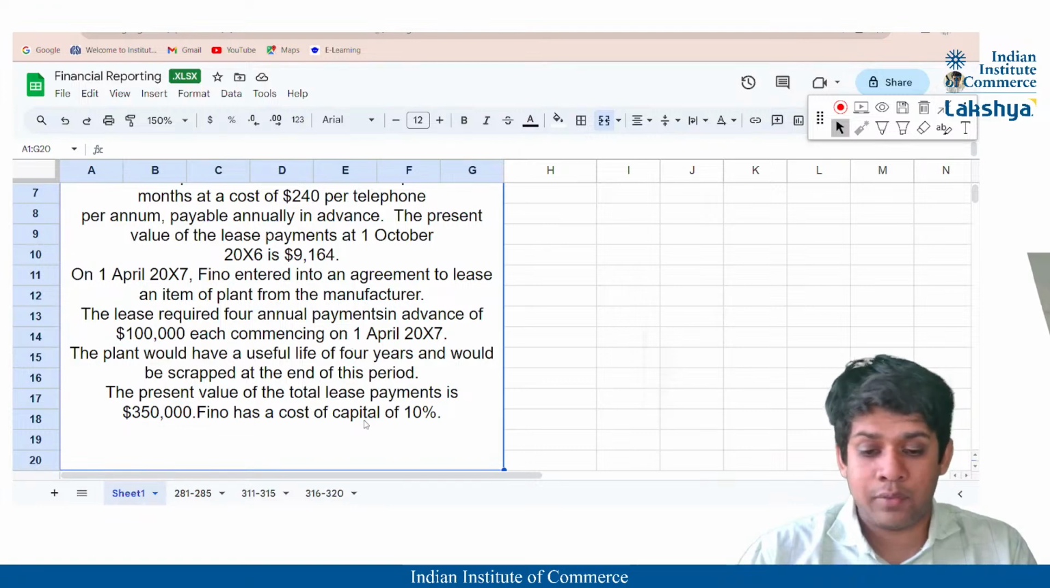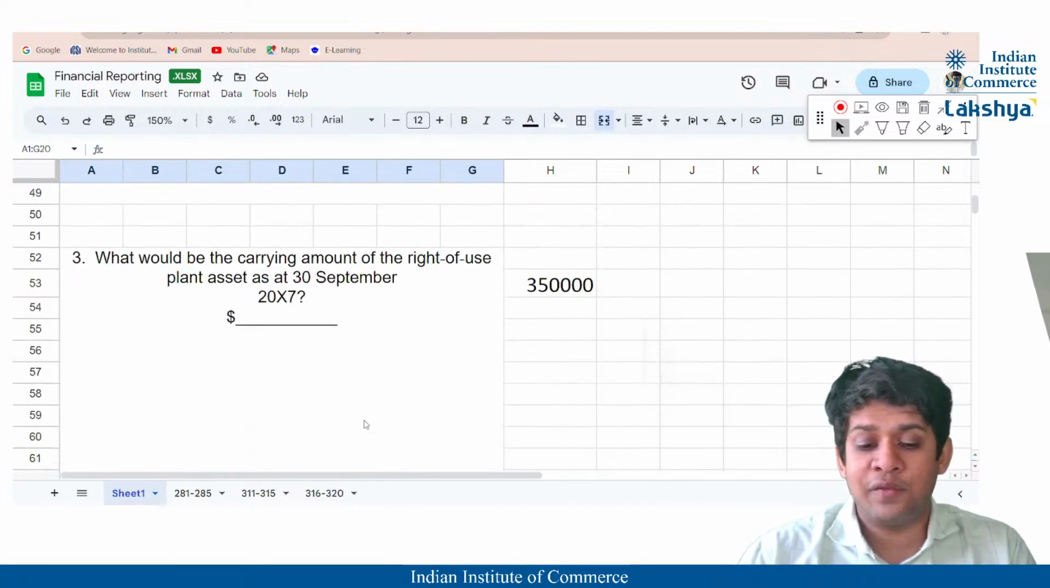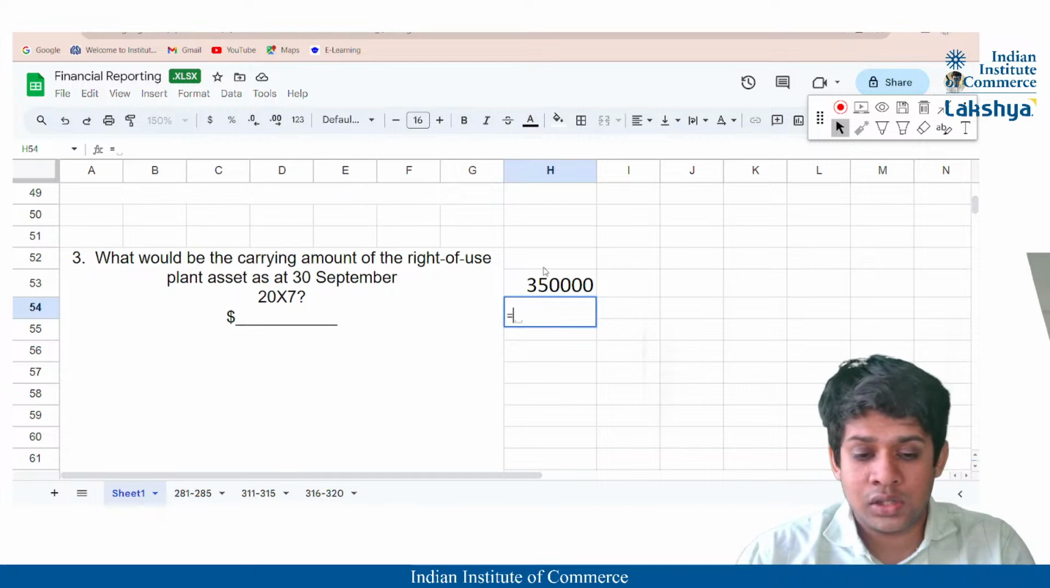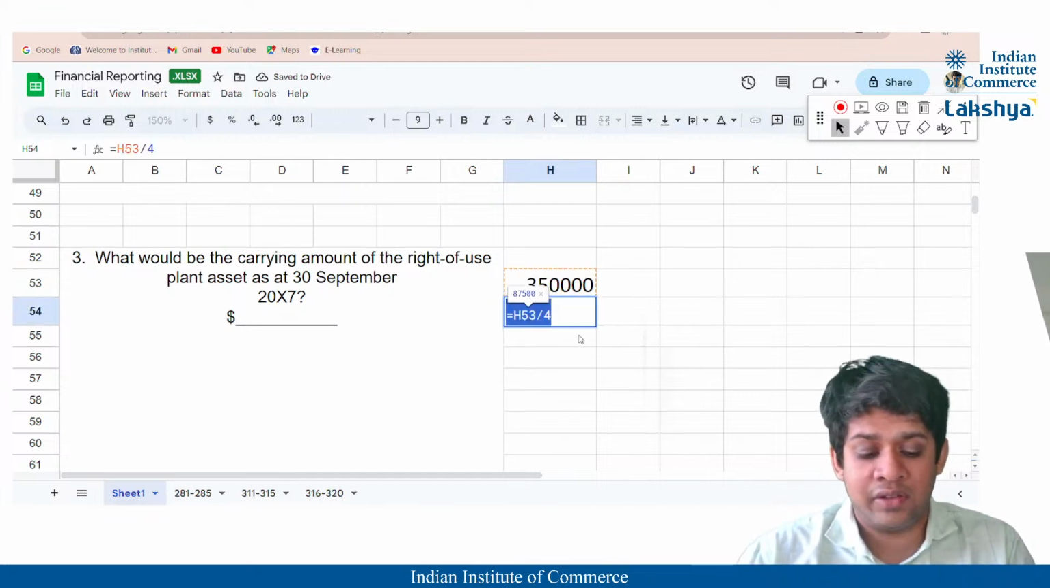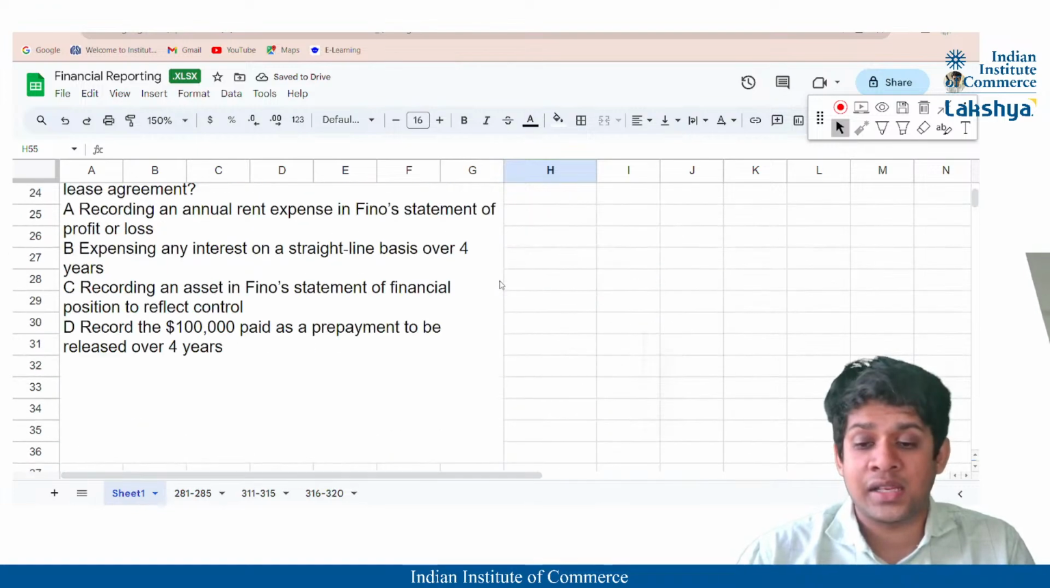I think the lease term is the same, right? So you're just going to divide it by 4 years. So 3,50,000 divided by 4 years. The depreciation should be 87,500. But guys,